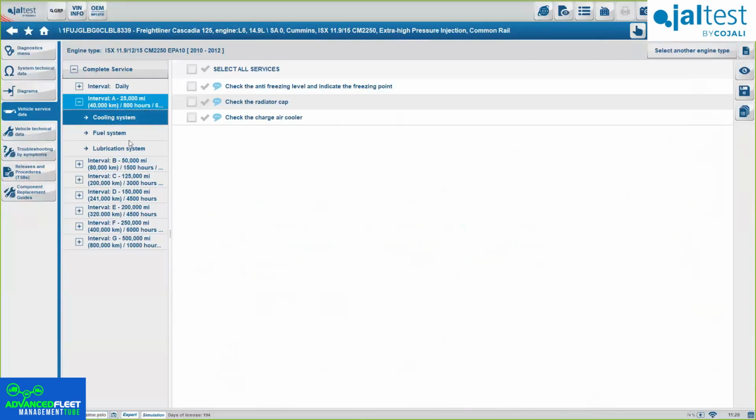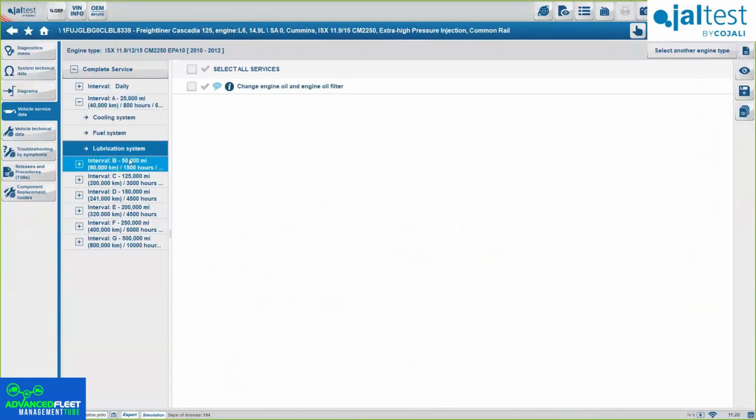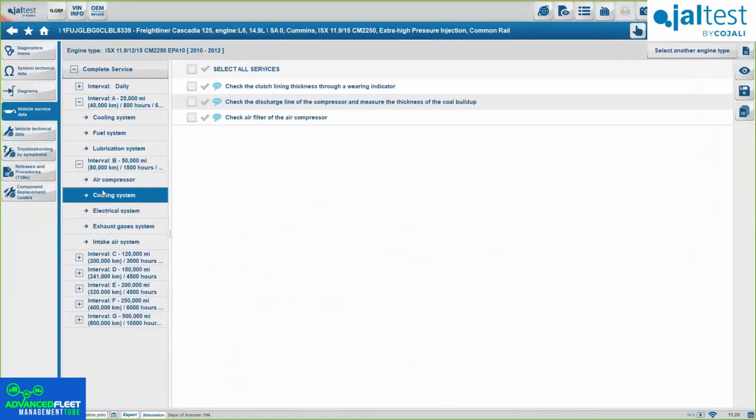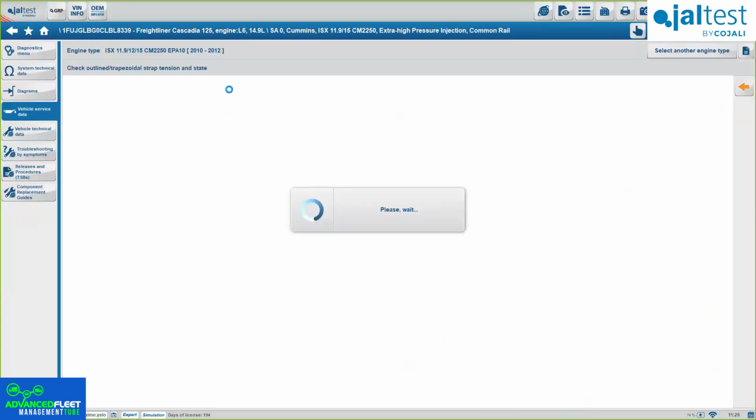In this case, you have the cooling system, the fuel system, and the lubrication system. On some occasions, you will see information here, which is additional information on how to perform the service on the specific system.